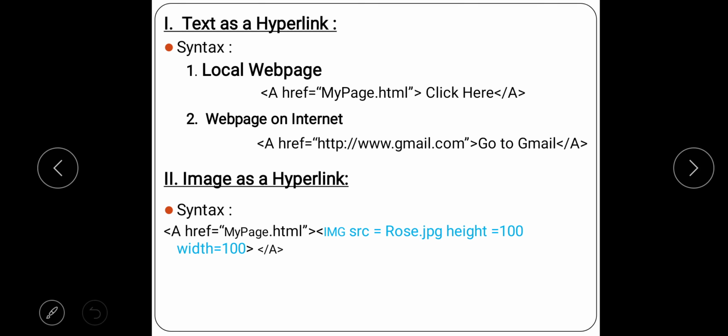This you already know. img space src equal to roses.jpg space height equal to 100 space width equal to 100 and img tag close. That's it. After this you will have an image of roses with the particular height and width, and which when clicked will take you to which page? It will take you to mypage.html. Right? So I hope the hyperlink part is clear.